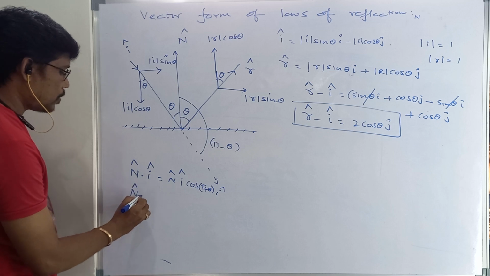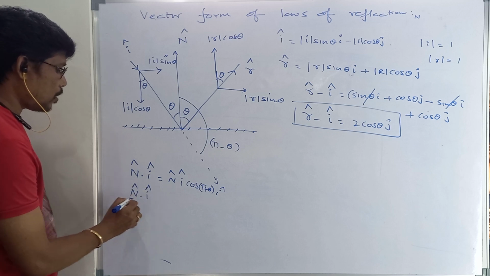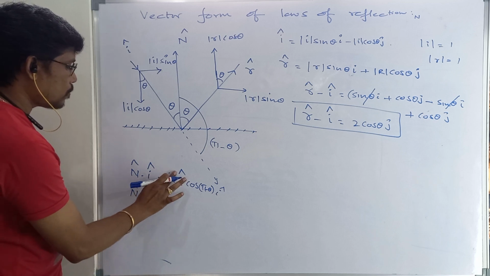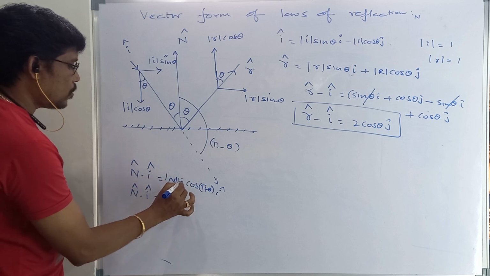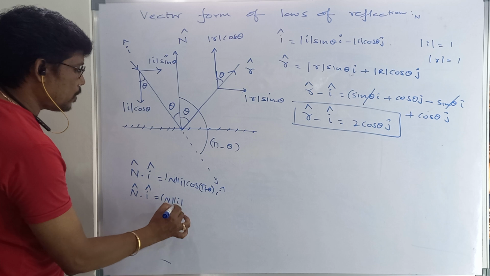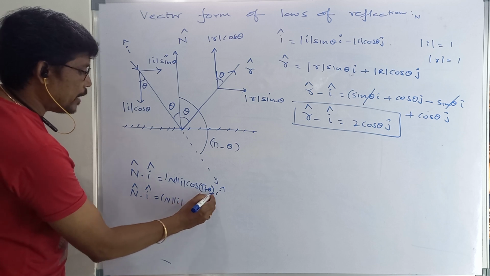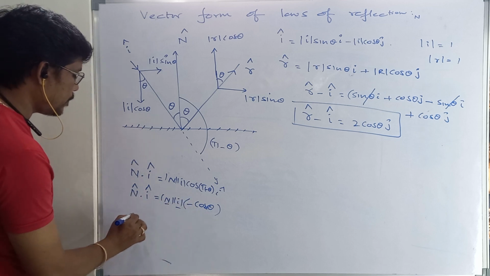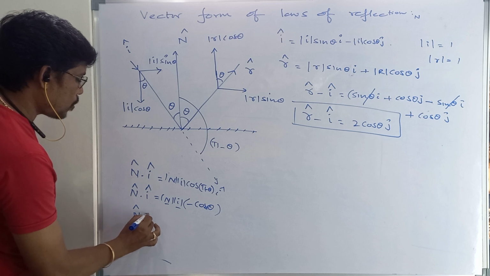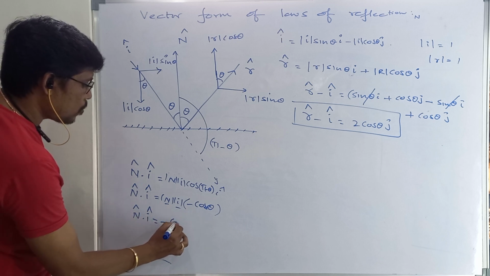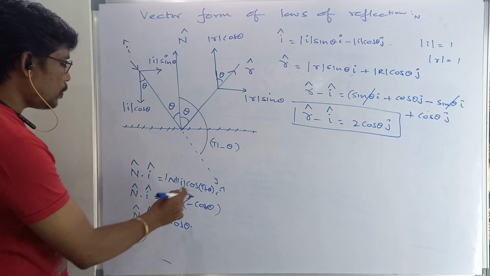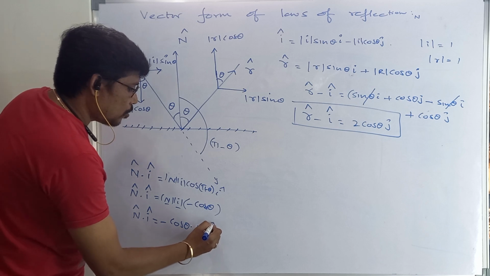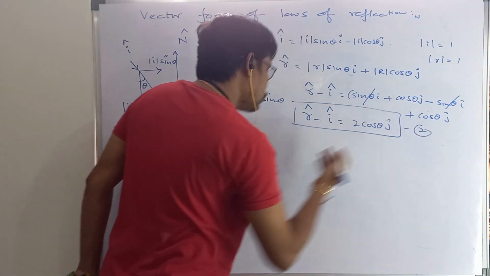Now further, n cap normal vector direction, I cap incident light direction, is equal to modulus of n, modulus of I, cos 180 minus theta, that is minus cos theta. Of course, these two are 1 because they are unit vectors. So n cap dot I cap is equal to minus cos theta. So there you can substitute here. This is equation 1 and this is equation 2. You can substitute